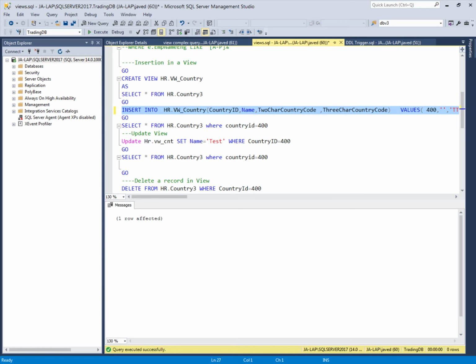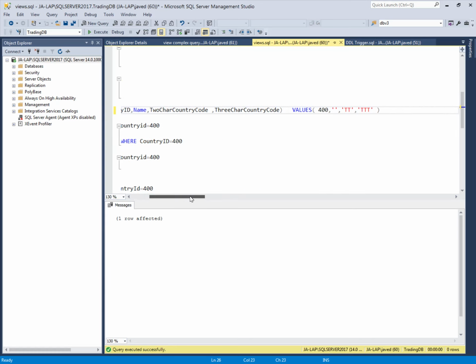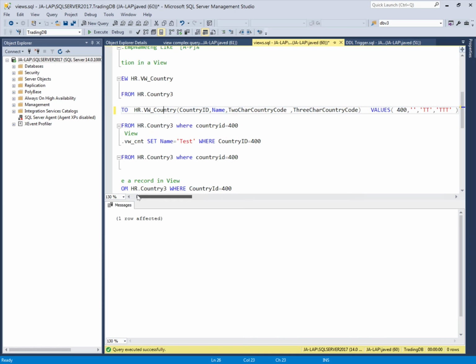So I inserted one row using this view hr.vw_country, which is the view name. I inserted one record. The value is 400, and this is the information of the country.